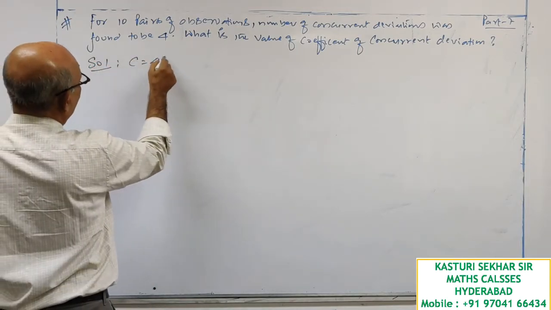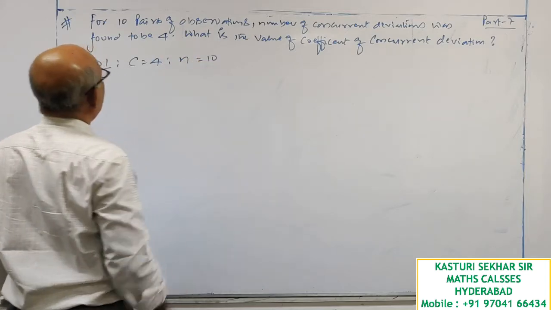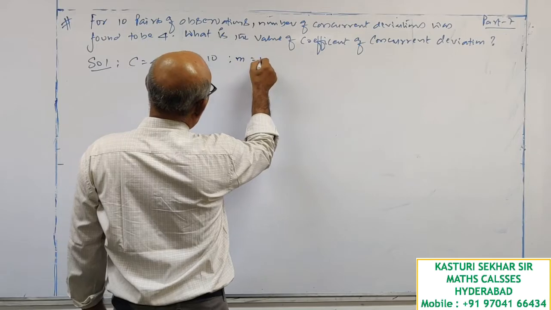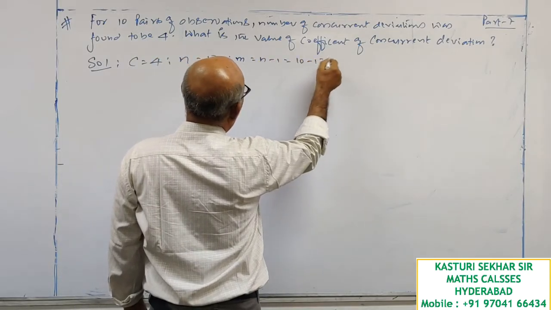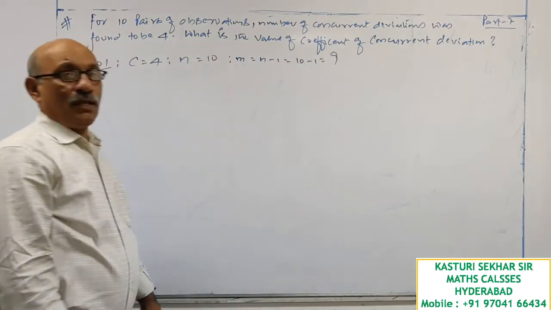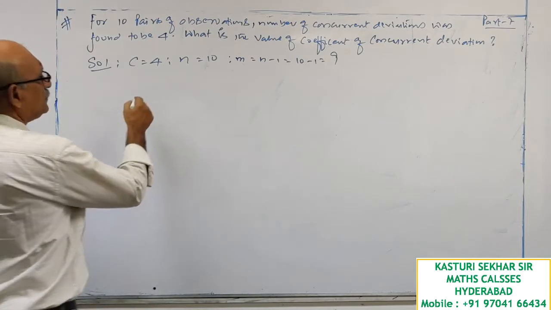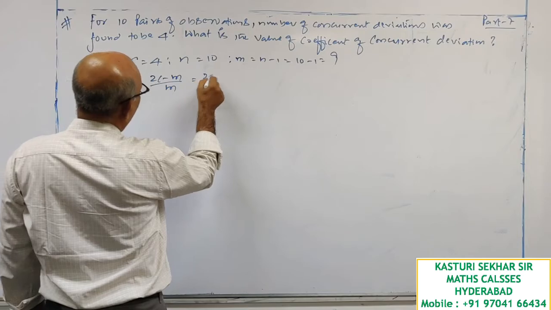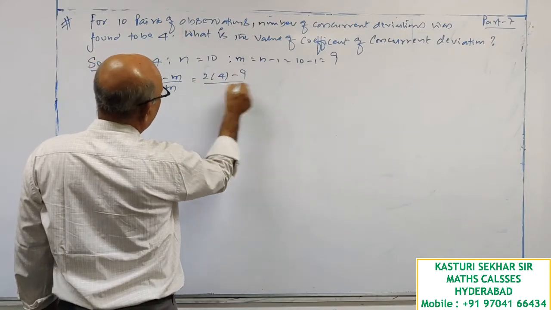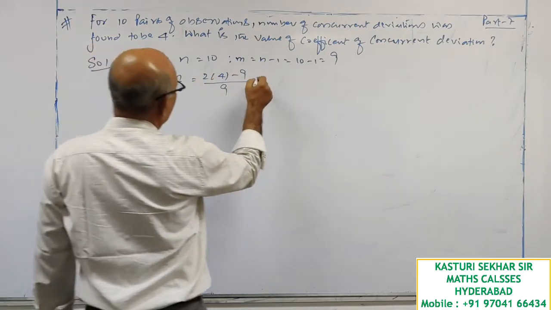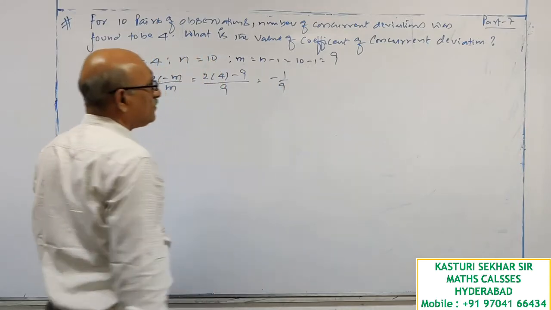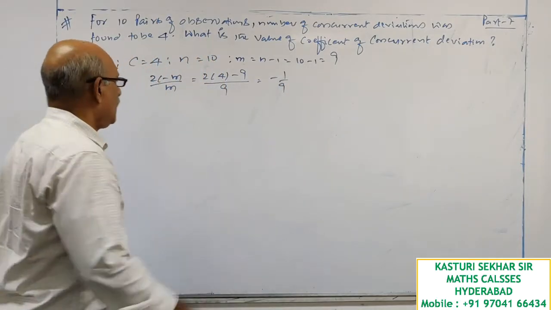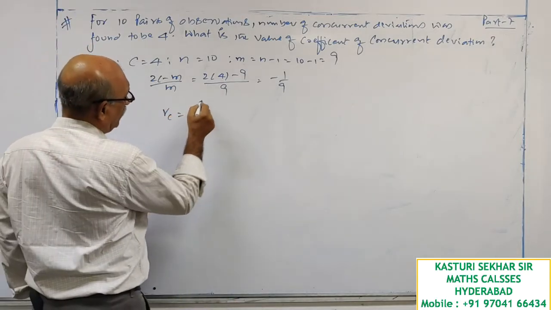Here C is equal to 4, N is equal to 10. So M is equal to N minus 1, 10 minus 1, this is 9. (2C minus M) by M: 2 into 4 minus 9, divided by 9. This is minus 1 by 9. The (2C minus M) by M value is negative. Therefore, RC is equal to minus